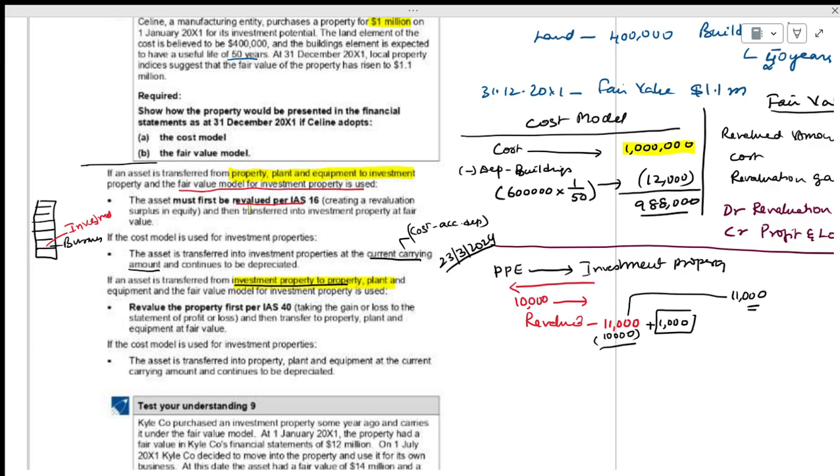The first one is converting PPE to investment property. This is the first option. The second option is